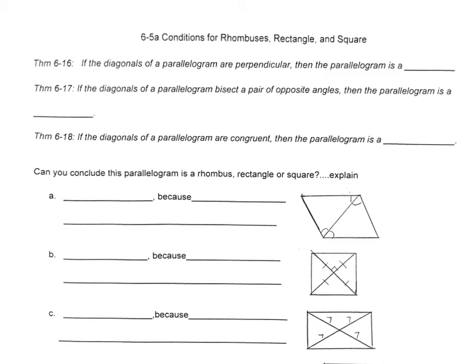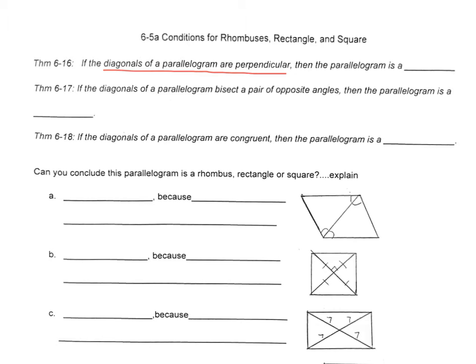So yesterday we talked about if a rhombus has this, then it's a parallelogram, and all the different things that go along with it. Today it's really just the converses of that. So like theorem 616, for instance, again, don't worry about the numbers, says if the diagonals of a parallelogram are perpendicular. So we said